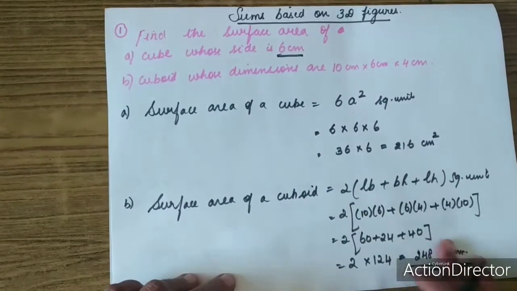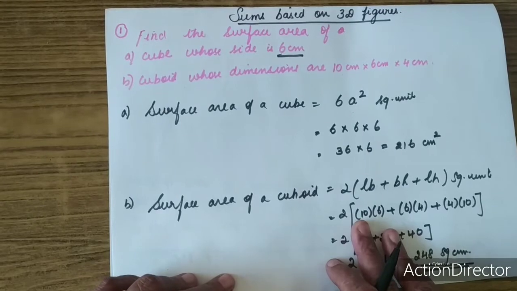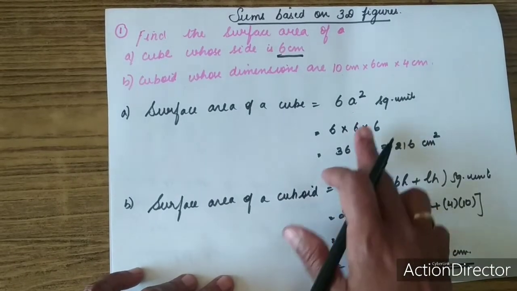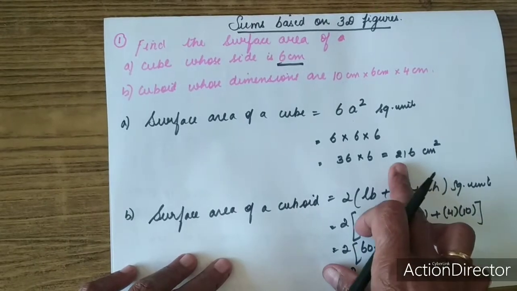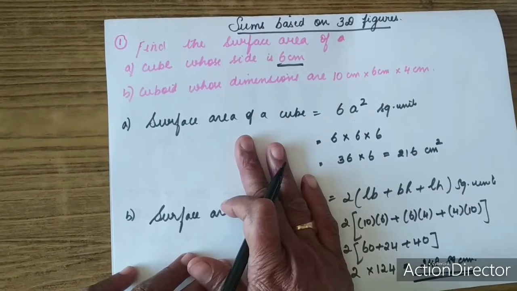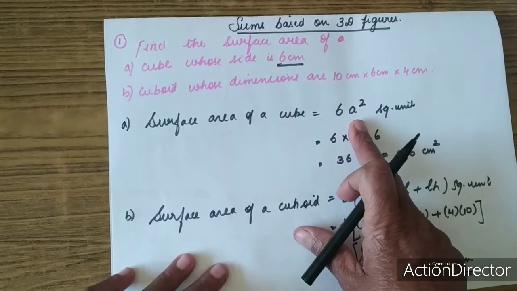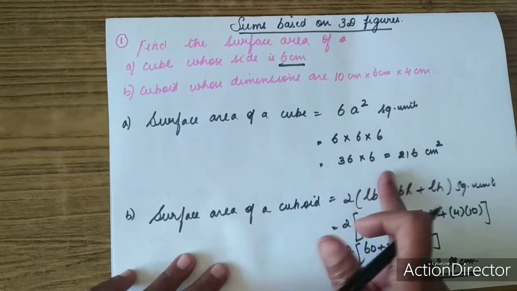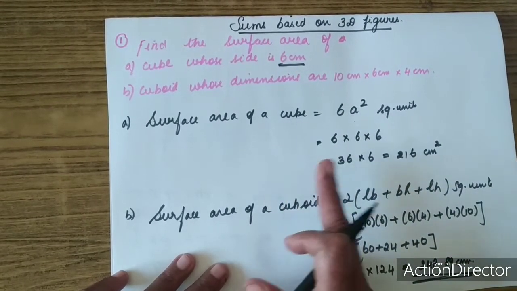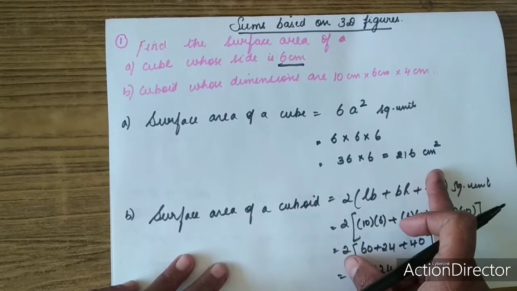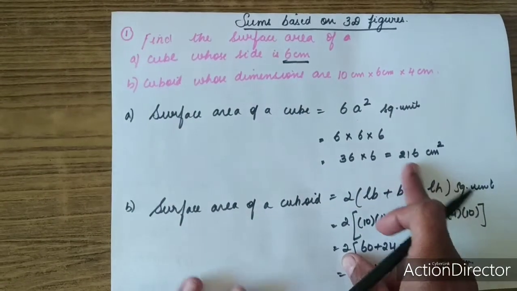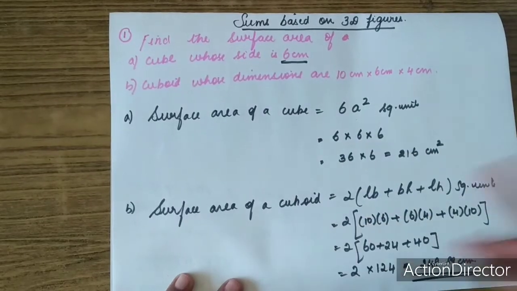This is how you find the surface area of a cube and cuboid when the dimensions are given in the question. Sometimes the surface area of the cube will be given and you will be asked to find the side of the cube. You just have to transpose the values and find it. Always one unknown will be there in the question, and other things will be given. You should be able to find it using these formulae.